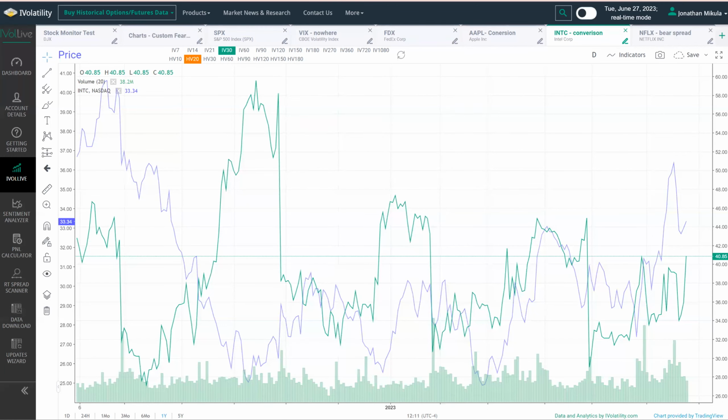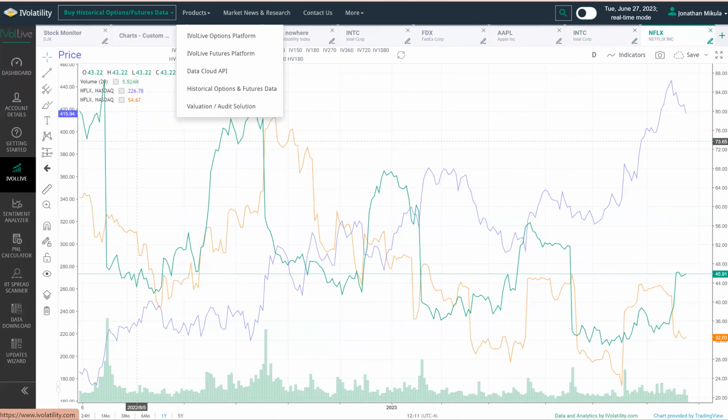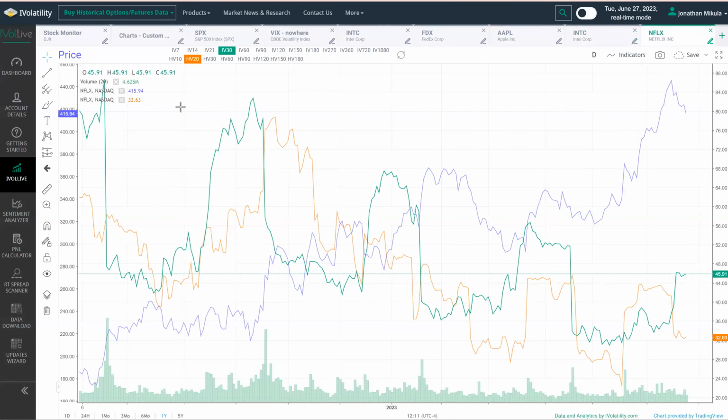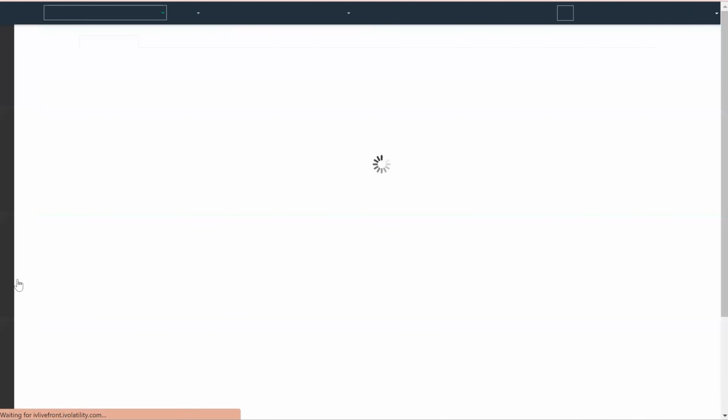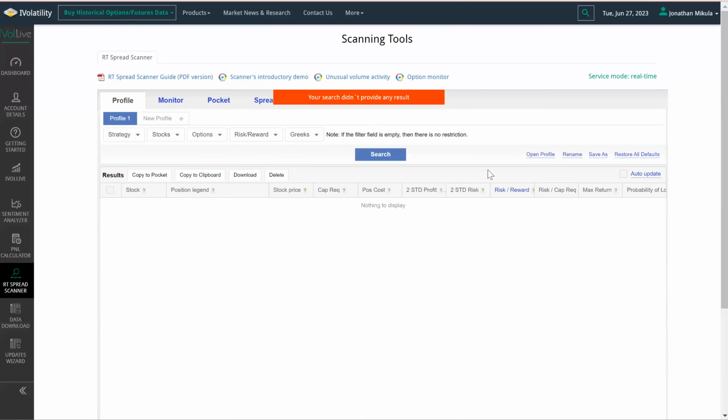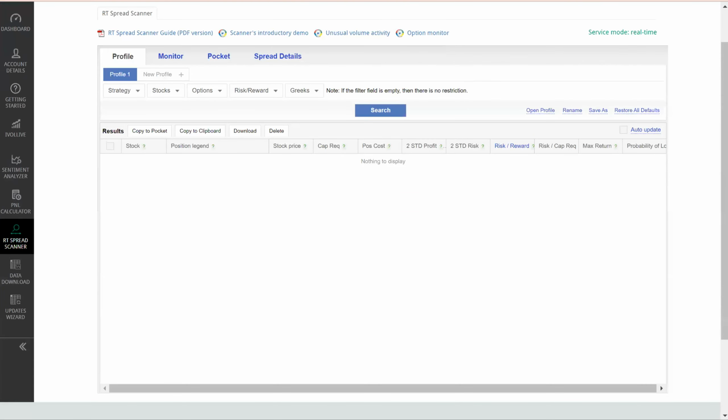So that brings me to conversions. So we'll want conversions, and then we'll get to Netflix on the bearish side of the equation. This is another teachable moment. You can have multiple tabs open and running for iVolatility. I like to do that because I like to save my work on each tab. But in this case, we'll head over here to our handy real-time spread scanner, so we can demonstrate what conversions look like and why it matters for Apple and Intel, and how we could generate some